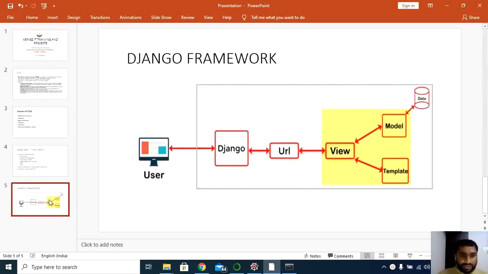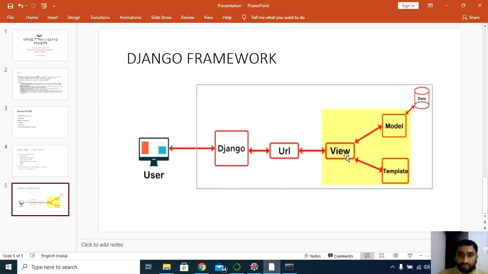As far as Django is concerned, it is just a framework, remember, and usually we use it in the development area, not in the deployment area. Development and testing, generally we use the Django system. The complete Django system works on the principle of MVT, where M stands for model. Suppose you want to fetch the data, we can fetch the data using the model. The data can be any kind of external resource. In our part 3, we will see how to integrate PostgreSQL through this model.